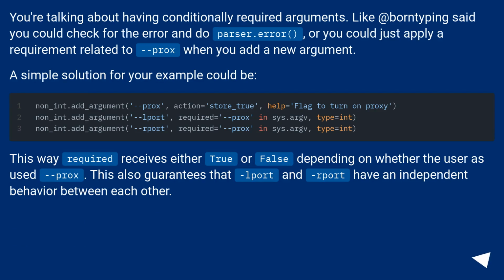You're talking about having conditionally required arguments. Like Ayborn Typing said, you could check for the error and do parser.error, or you could just apply a requirement related to prox when you add a new argument. A simple solution for your example could be